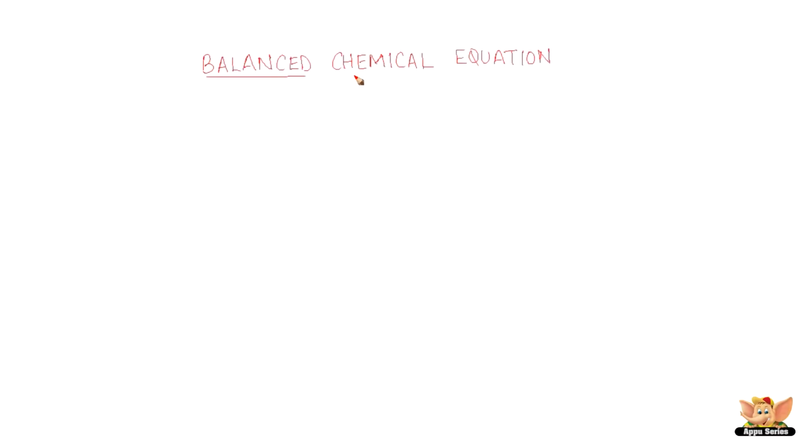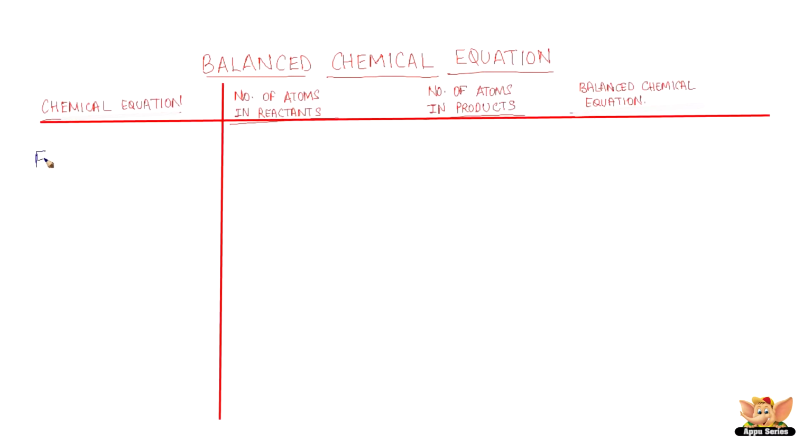Let's balance another skeletal chemical equation. We have the chemical equation for iron reacting with water, forming iron oxide with the release of hydrogen. We have learned what needs to be done. Get the number of atoms in reactants and the number of atoms in products and adjust them to get a